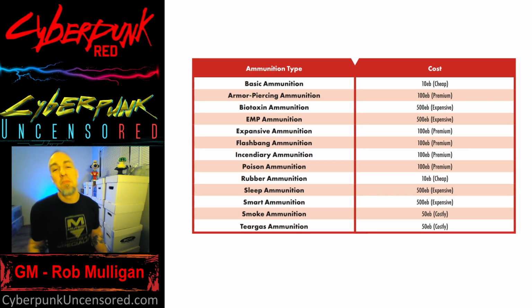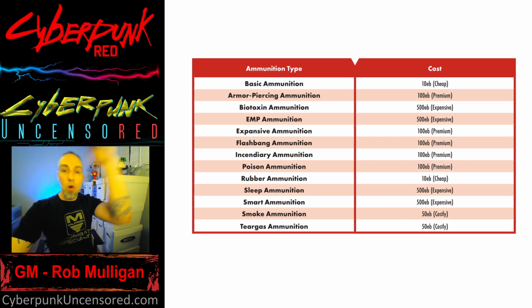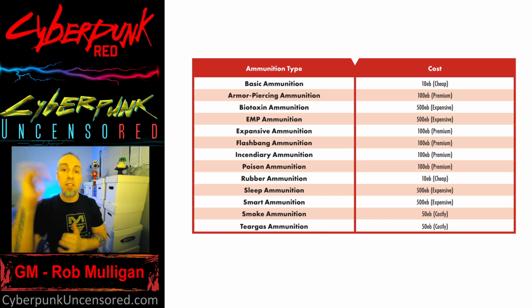Hey, what's up everybody? This Cyberpunk Red crash course tutorial video is all about the different ammunition types in Cyberpunk Red. So let's get right into it. You can see in the book they have this chart that lists all the different ammunition types and all the prices. Remember that the prices are broken down into categories, and that comes into play in a few different ways. But in this case, the main thing to remember is that you can source most items